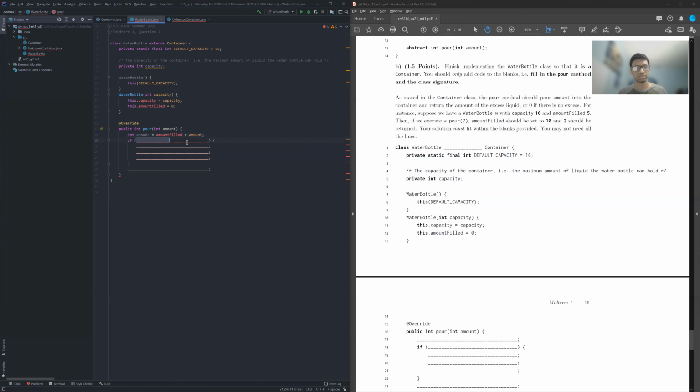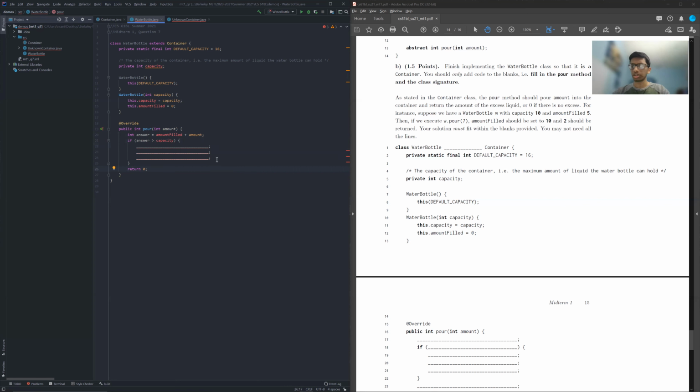And then let me say that the if statement is if there's excess, we're going to do some stuff to it probably. So if answer is greater than amount filled, or actually is greater than capacity, sorry. Then we're going to do some stuff in here. Otherwise, if it's not, then we're just going to be returning 0.